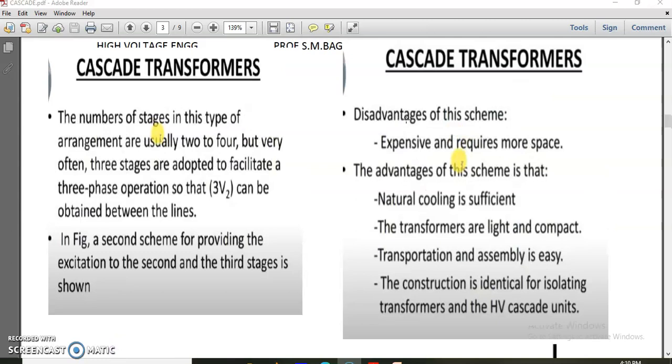This is one form by which we can generate high voltage AC, and an advanced form other than this will be the resonant transformer. The system here will be bulky, as I just told, and this disadvantage can act as an advantage with the resonant transformer. The resonant transformer as well as the Tesla coil, those two I'll be discussing in the next video. So go through this. This is all about the cascade transformer.